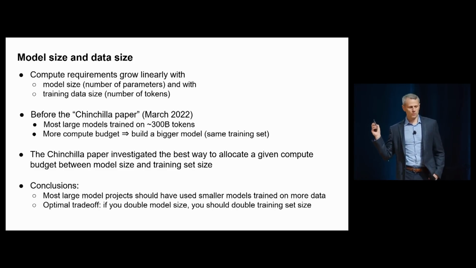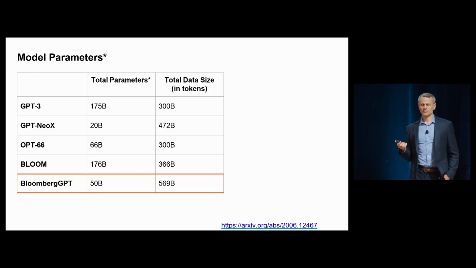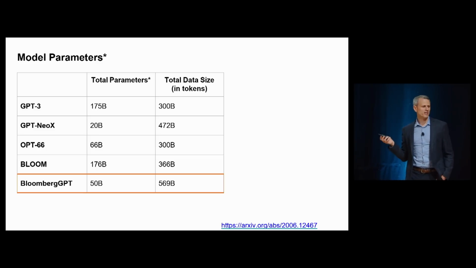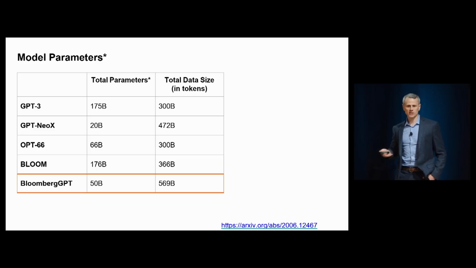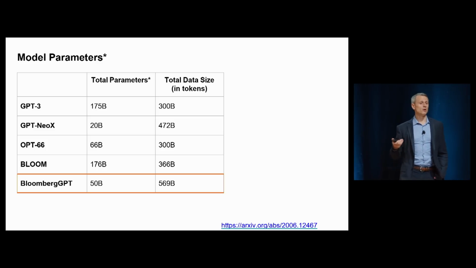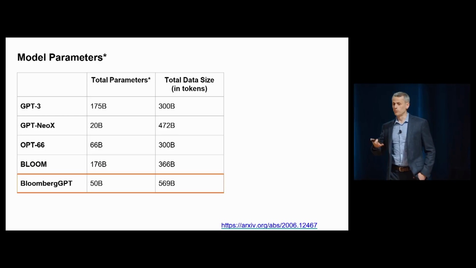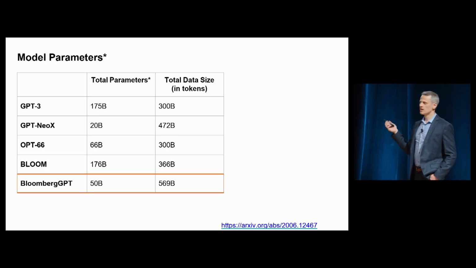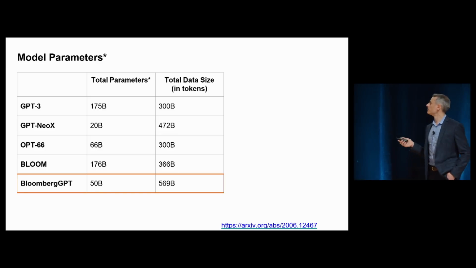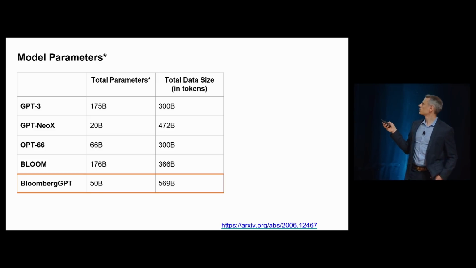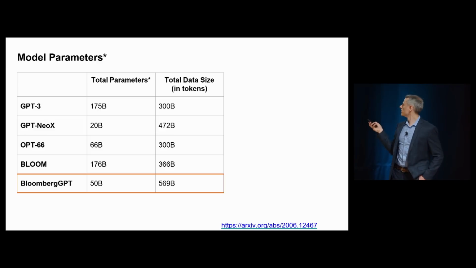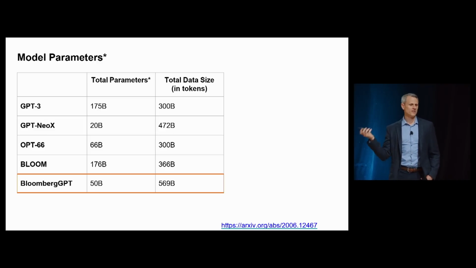Very influential result that we took to heart in our own decisions on the sizing of the model. So when we chose the parameters for our model, we were on the smaller side. On the bottom, BloombergGPT, 50 billion parameters, compared to what we consider our peer set. That would be GPT-3, which kicked this all off, GPT-NeoX from EleutherAI, the OPT-66B, that's from Meta, the open source model that was very forthcoming with their training logs, and BLOOM would be our other peer. And you'll see that each of these models were somewhere around the 300 billion range, whereas we used our resources more towards a larger training data set than towards a larger model.